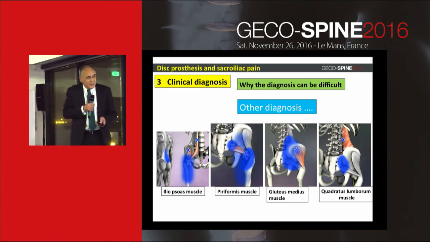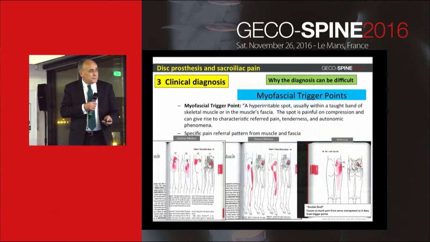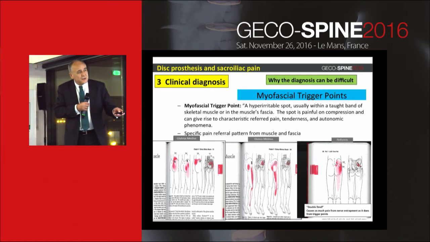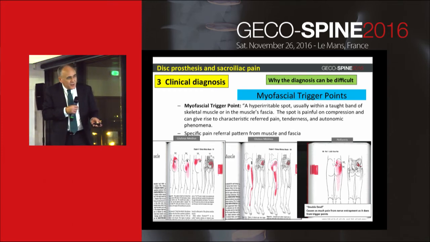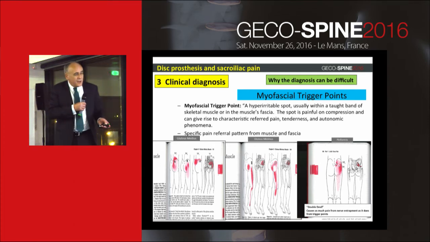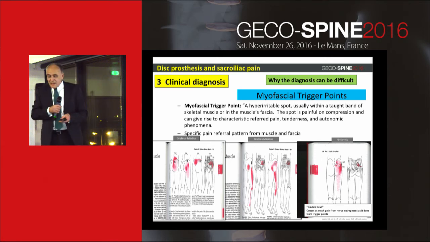And we know that the patients with this prosthesis, as with lumbar fusion, very often have retraction of those muscles. And the literature also insists on the myofascial trigger point. Look at this. We have a lot of pain diagrams regarding the gluteus medius, regarding the other muscles. We see a lot of pain diagrams mimicking sacroiliac joint.